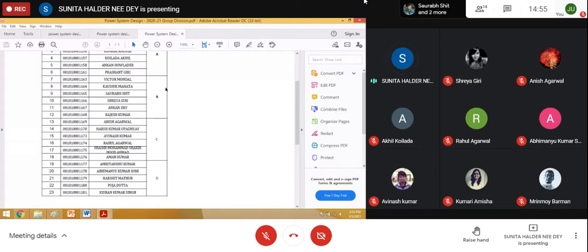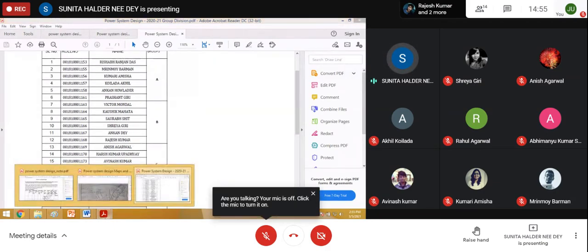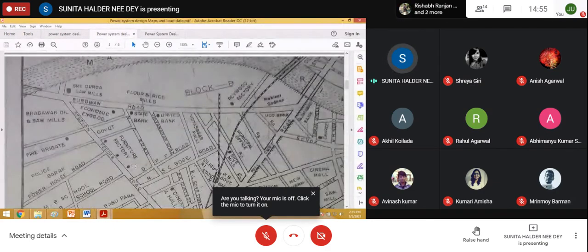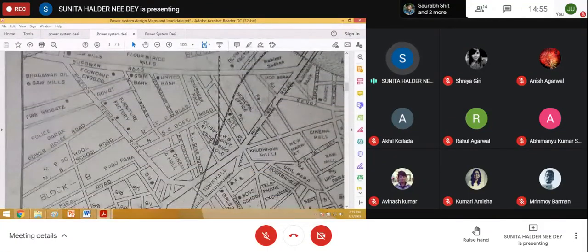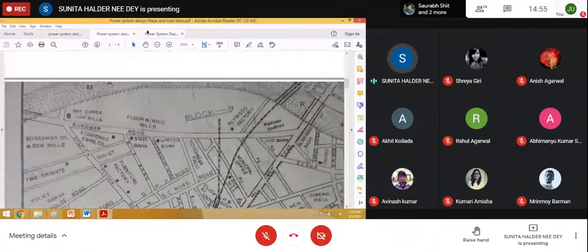Then you have to divide. A particular group has to design that particular block. So group A will design A block. I think the map is in A block, in that way A, B, C, D, is it not? So you have to just print out the area of block A. So you can see the,